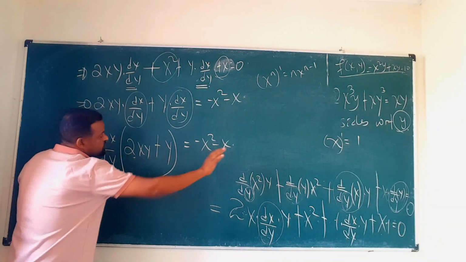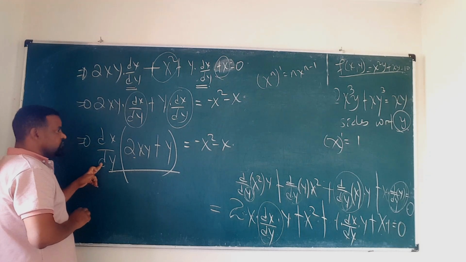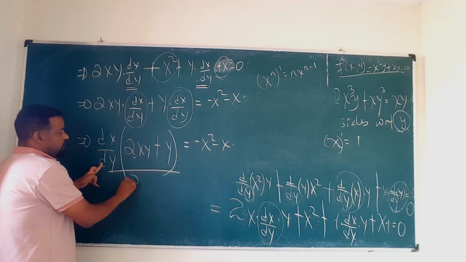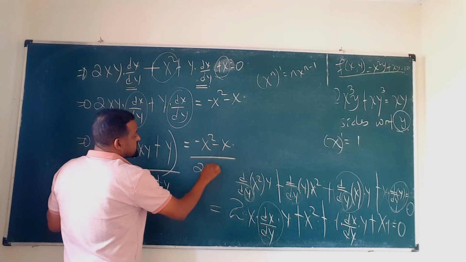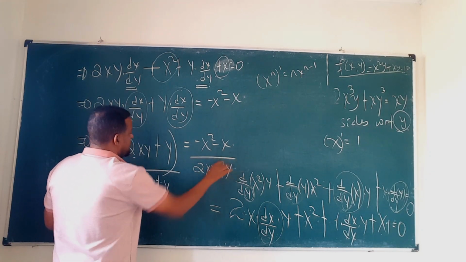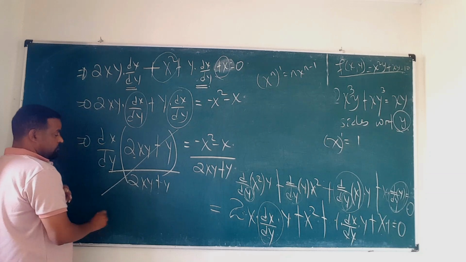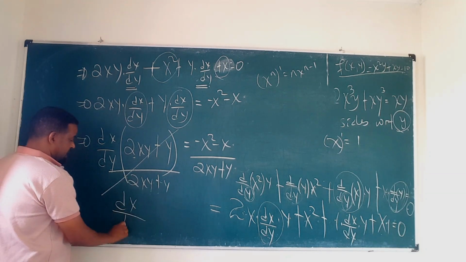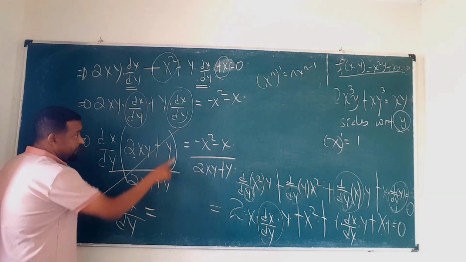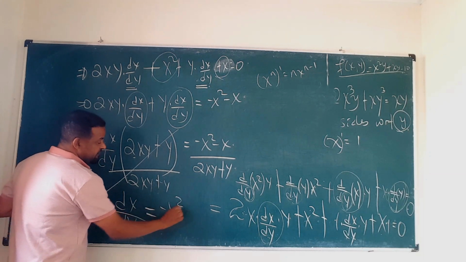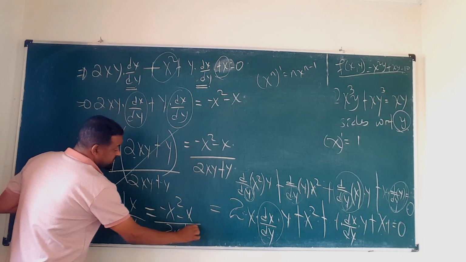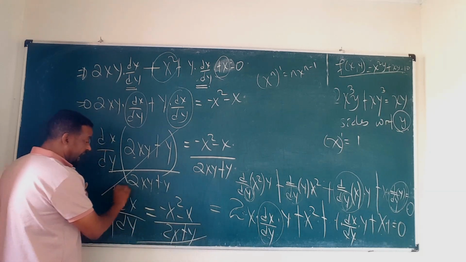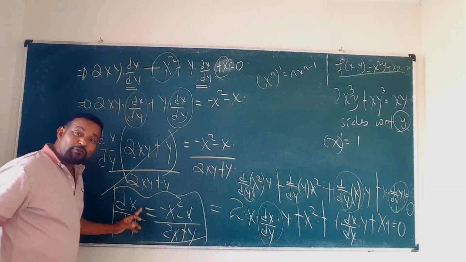here over this we do, divide both sides of the equation by 2xy plus y. Okay, 2xy plus y over 2xy plus y, so this will be cancelled out, so dx by dy is given by what: negative x squared minus x over 2xy plus y. This is the rate of change, look, this is the rate of change of